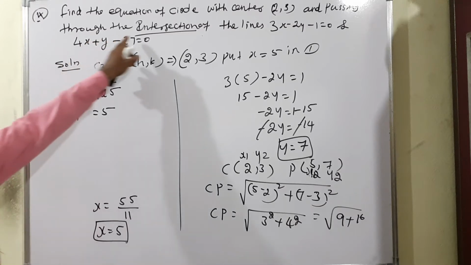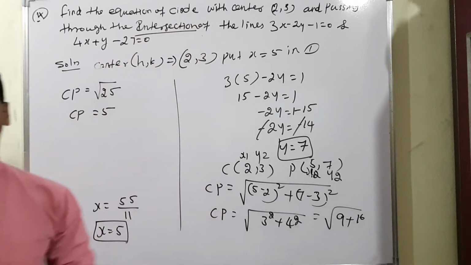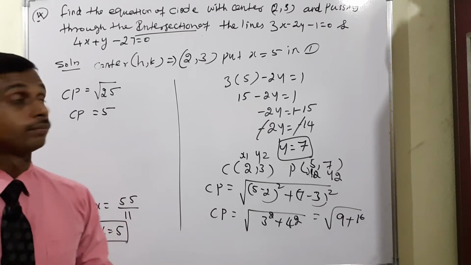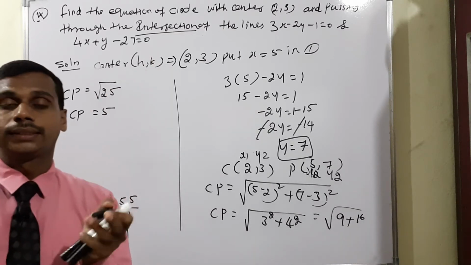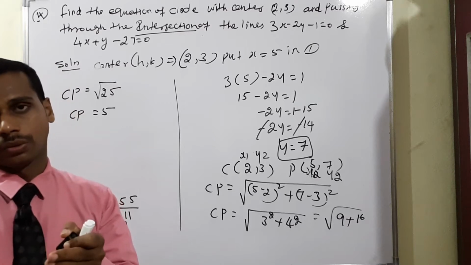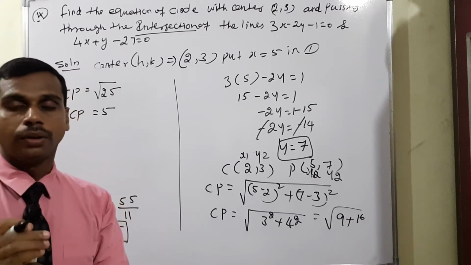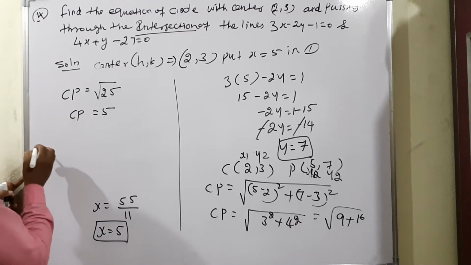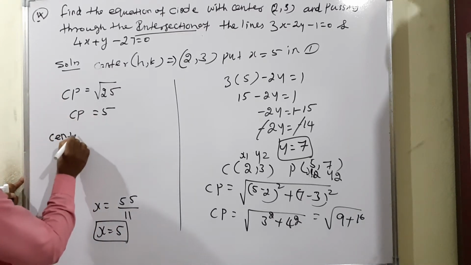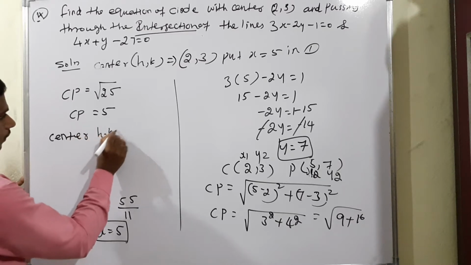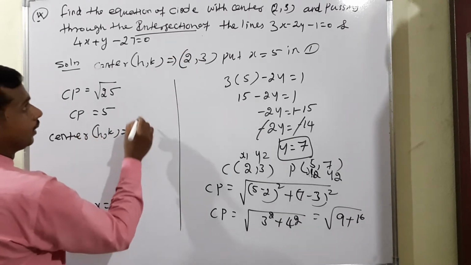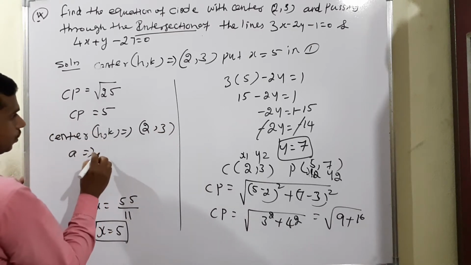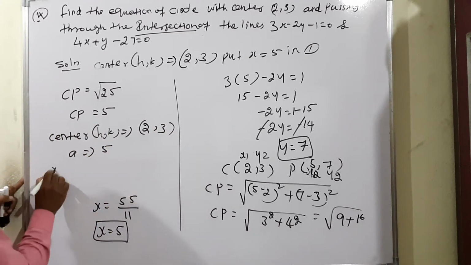Now what we need is to find the equation of the circle. What is the formula? The general equation of the circle is x square plus y square plus 2gx..., or the equation x minus h the whole square plus y minus k the whole square. After applying the formula, you will get the result. So CP is equal to 5. Again the center (h, k) is, given the condition, (2, 3). Now a value means the radius, actually 5. Therefore the equation of the circle: